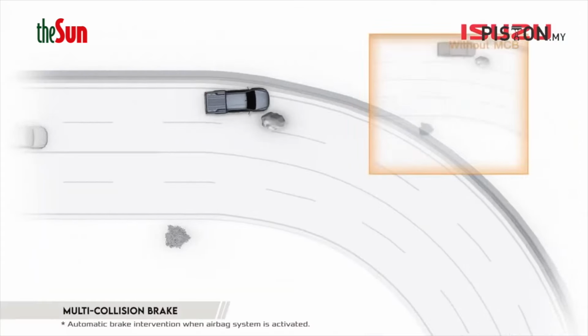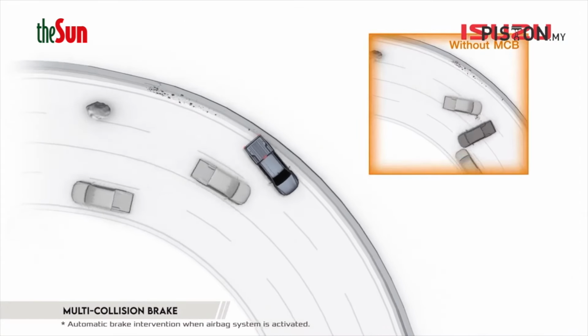Unfortunately, I always thought I was a good driver and could do all this, but as you age, you realize your reflexes aren't as good anymore. Sometimes you realize this assistance really helps. It's not there to intrude on your driving style, it's just there to make your life easier. Then after that, you got your multi-collision braking. Basically, if you get into an accident,